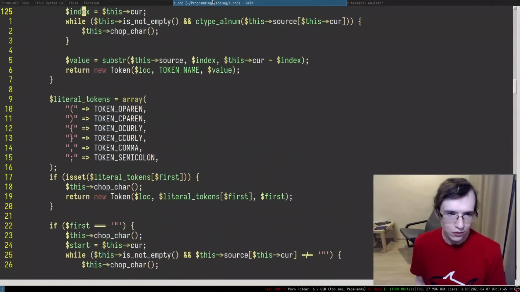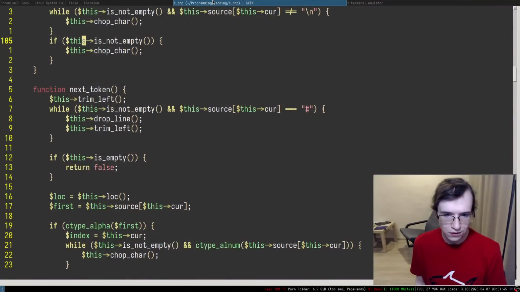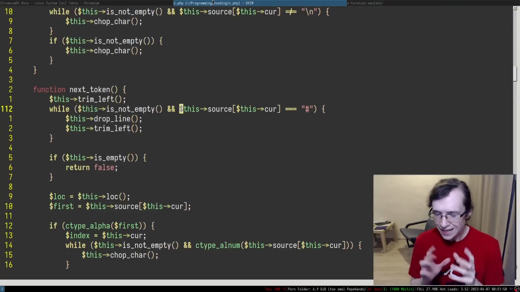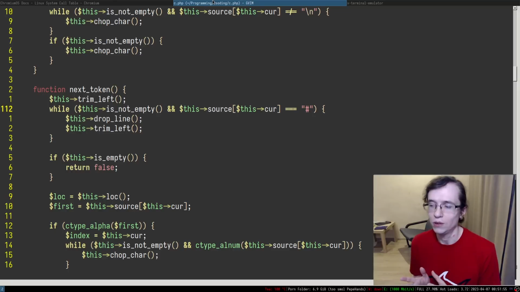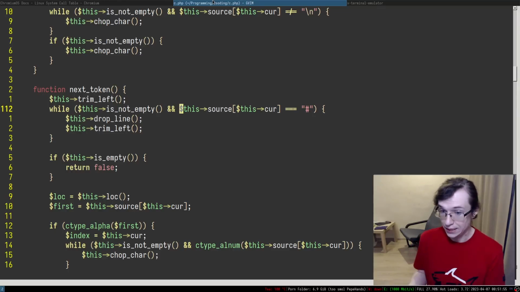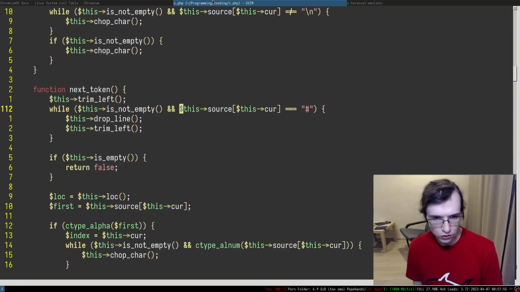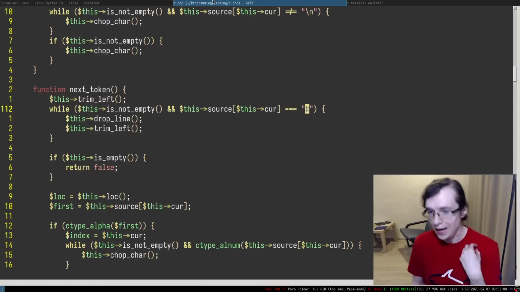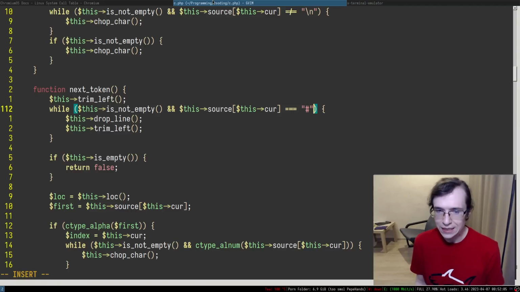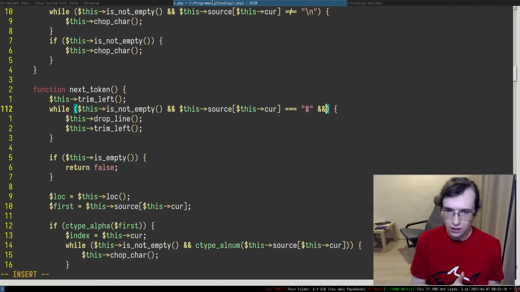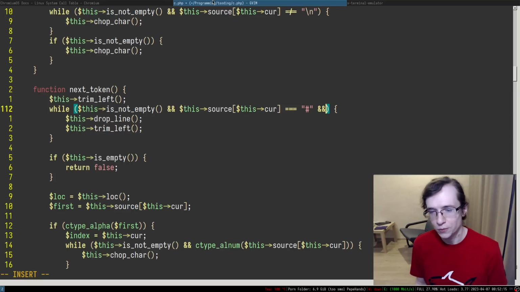So how are we going to do all of that? Let me find this stuff. Okay, so this one is interesting. This is where we do all of that. We already kind of handle the comments, that's what's interesting about all of that. We essentially treat hash as the comment because we don't handle preprocessor. So what we need to do is add another thing in here, which is basically this thing starts with //, and that should work.